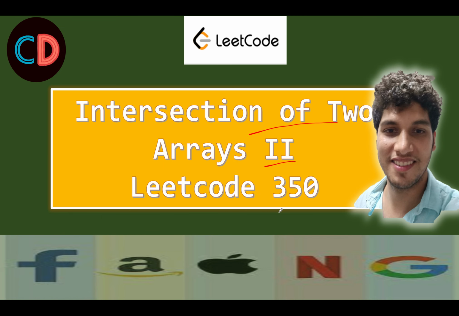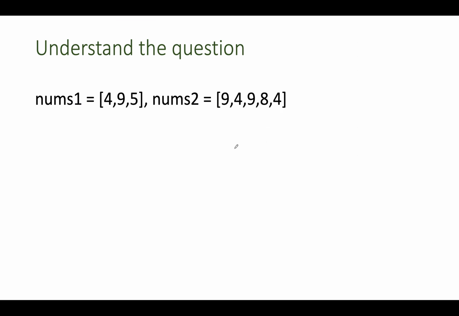Intersection of Two Arrays, LeetCode 350. So let's take the same example that was specified in the question. What we are going to do, we will create the frequency array for the first input array, we'll create the frequency array for the second input array, and then we will try and select the one which is of minimum value for each element present in the input array. So let's walk through this example itself.